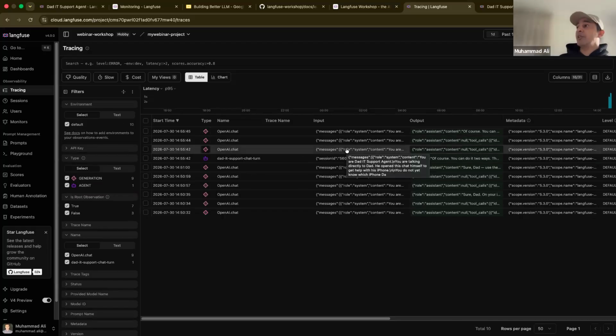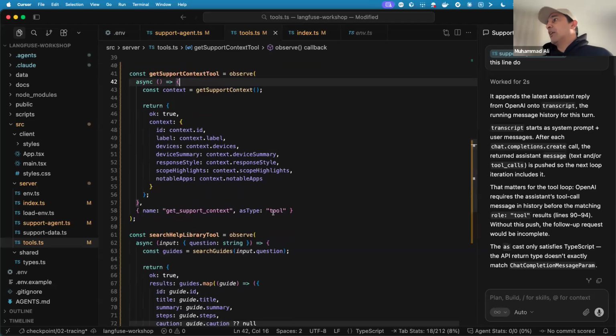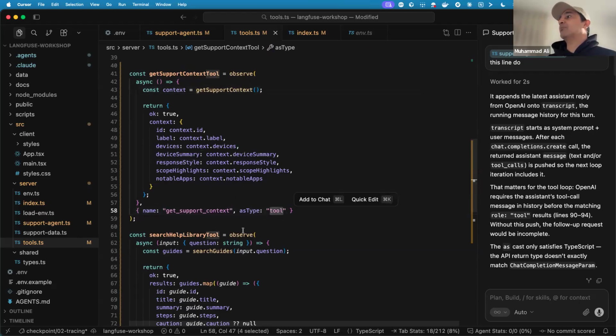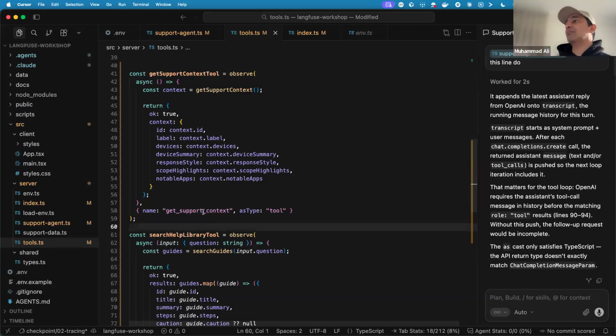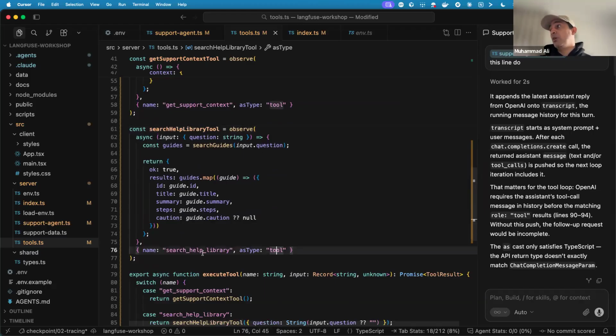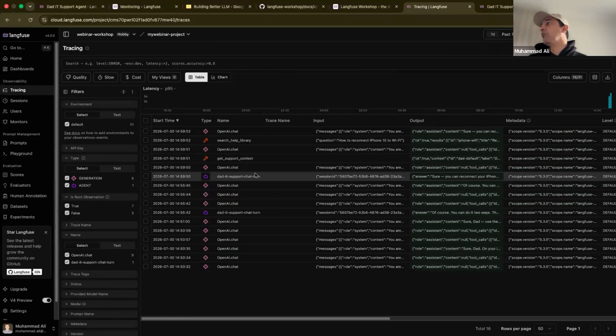And now when those traces pop up, you will see tool calls, which is what we asked the code to do. We said, when this method gets called, attach it as a type tool, and the name of the observation will be get support context. And this tool, which searches the library, is also a tool, and it is called search help library. So let's go back, and there you go.